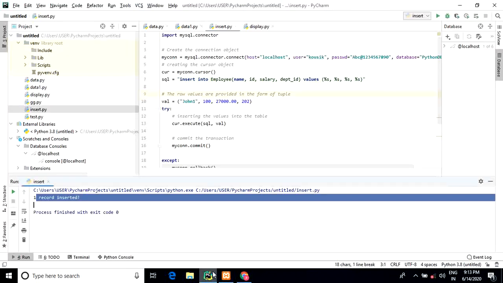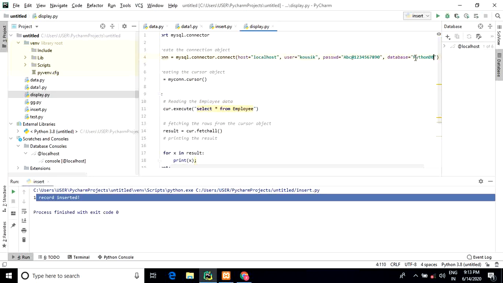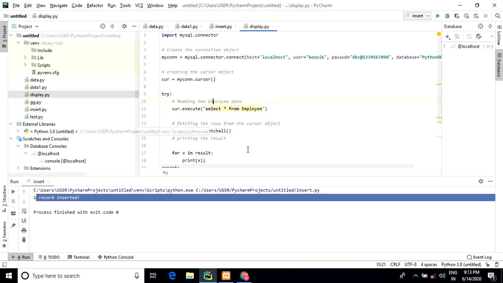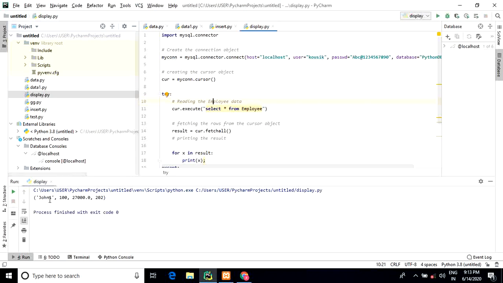Okay, in that way you can insert multiple records by using slash, and third bracket and comma. Now display result, show the result. Python DB, change it into Python DB 4. So you can see here we just change it: select star from table name. Already I know you all know that, select star from table name. So just click here, right click and display the content. Look at here, John 100, we can show it in Python IDE.